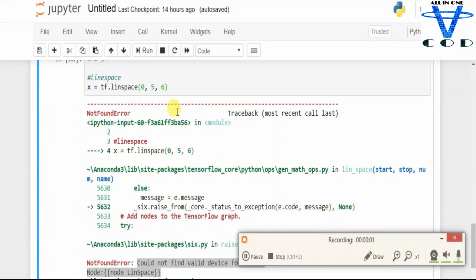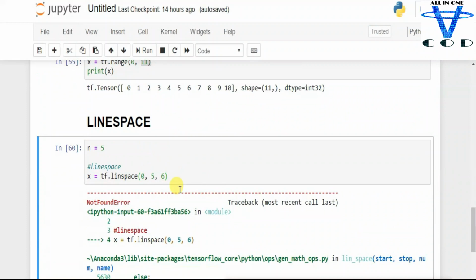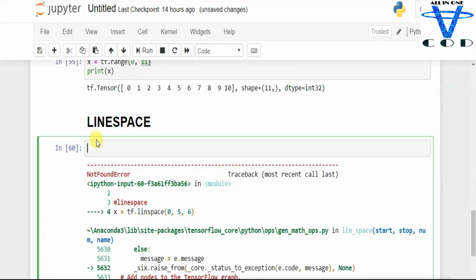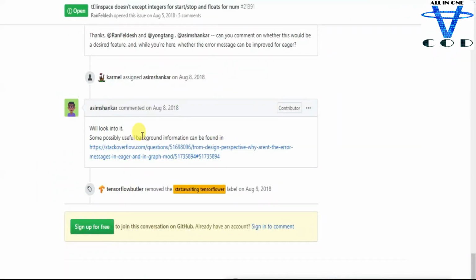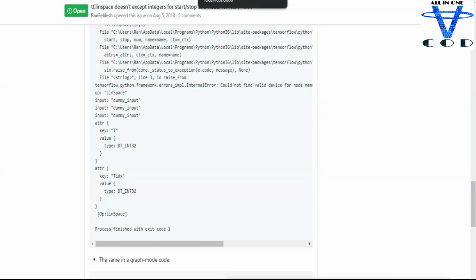So I'm gonna solve this error later, but first in here I'm gonna just show you how linspace works. So I'm gonna use np, numpy. I'm gonna solve this error later: could not find valid device for node. I just opened GitHub, and I'll solve the error later. But first, let's just